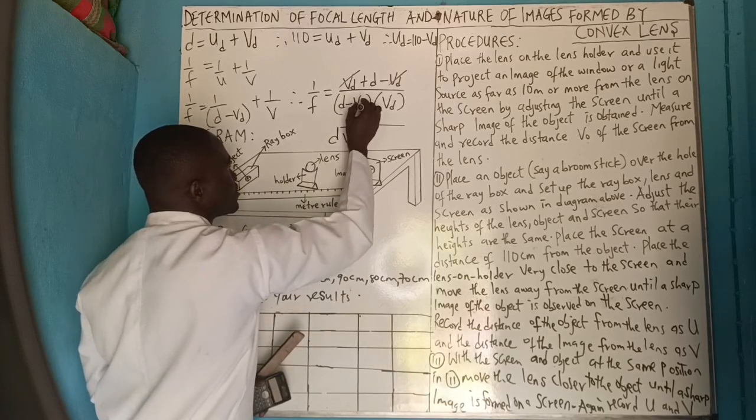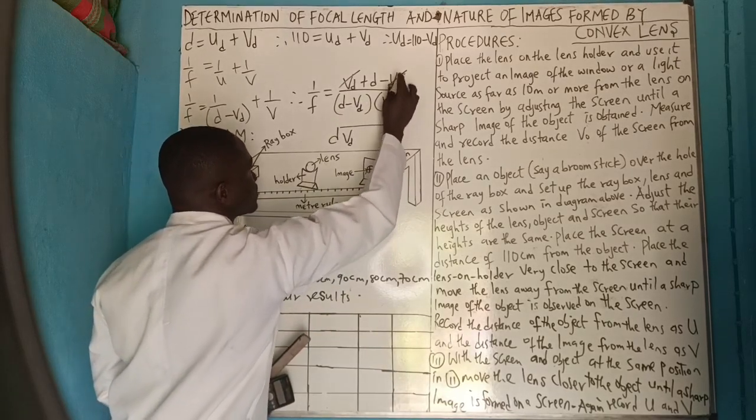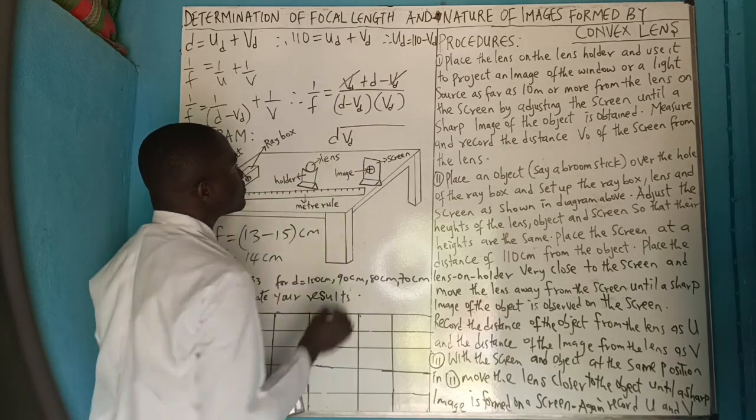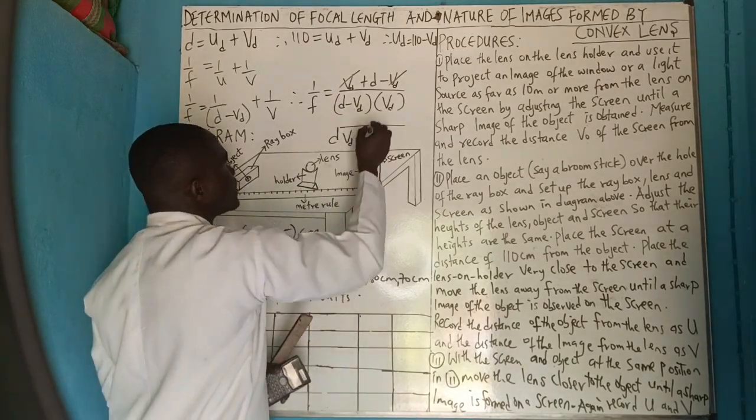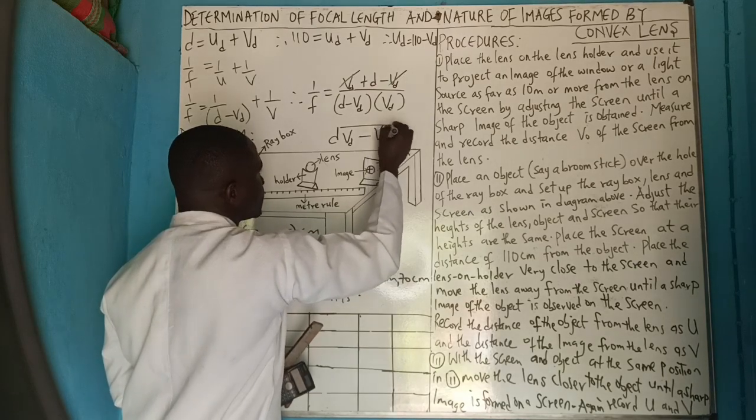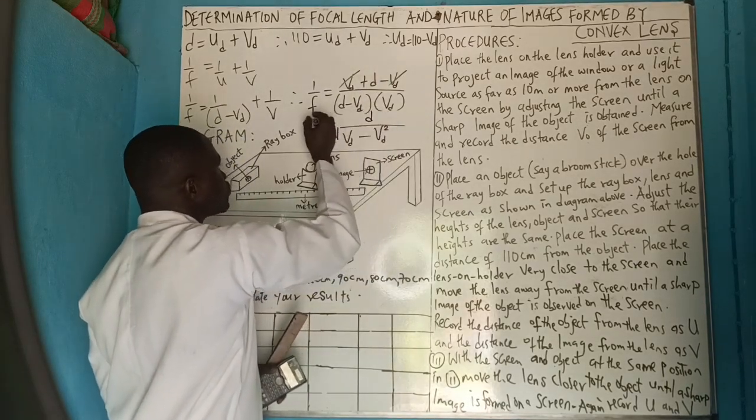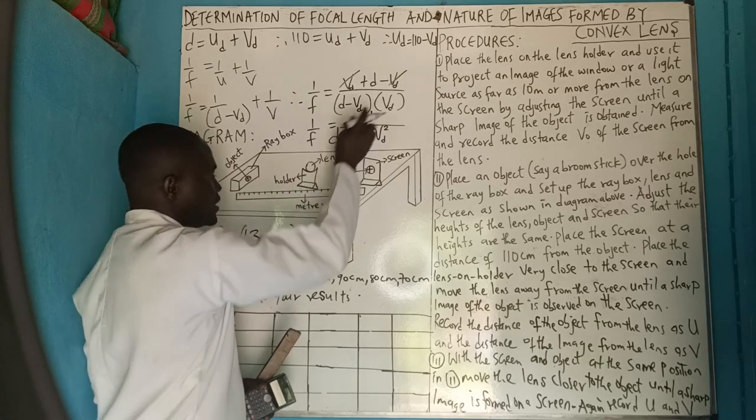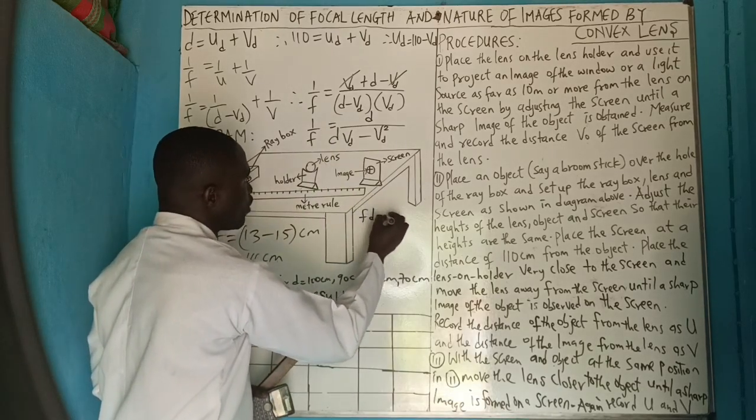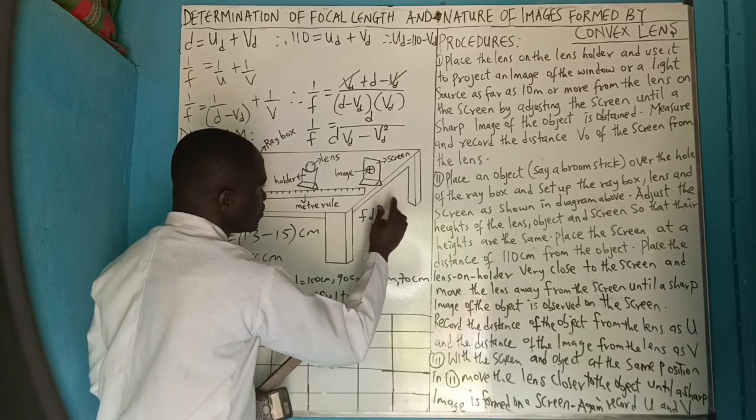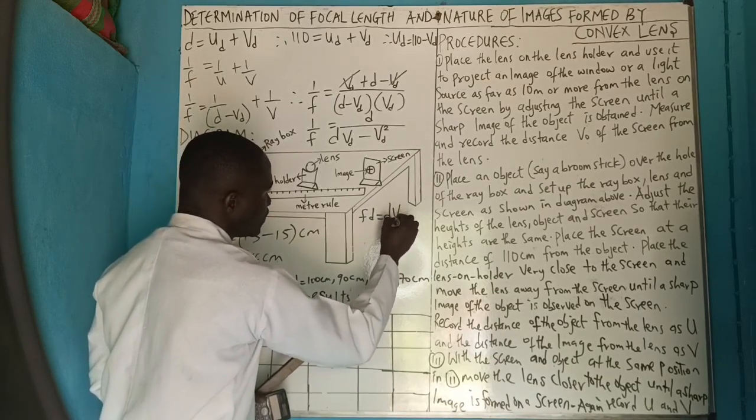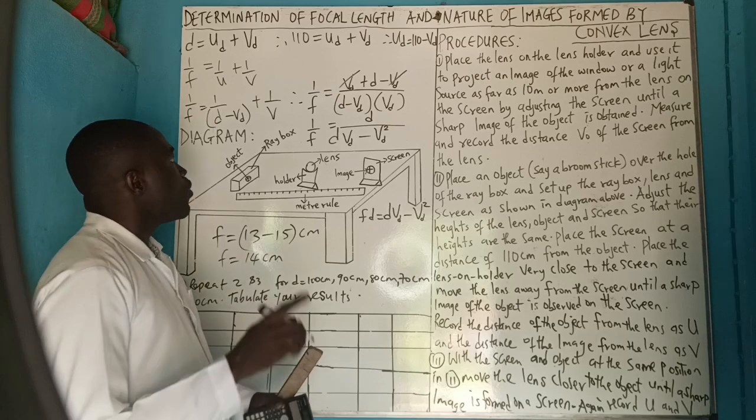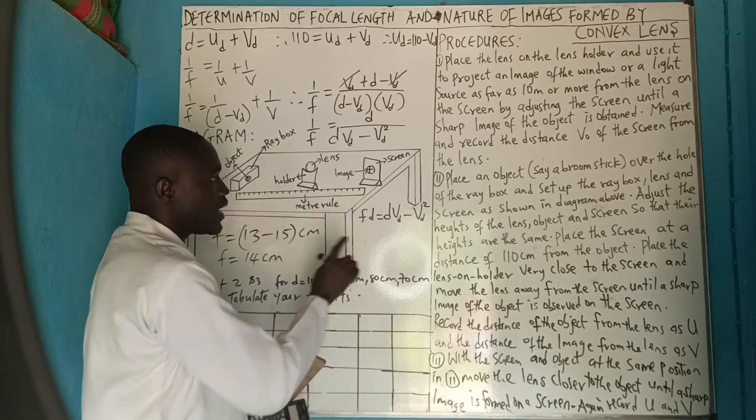Are you getting it? Image distance. So we have to make it very tiny. This times this is minus VD squared. Then this is D equals 1 over F. So we now cross multiply: this times this will be FD equals dVD minus VD squared. And so what we'll be having is,